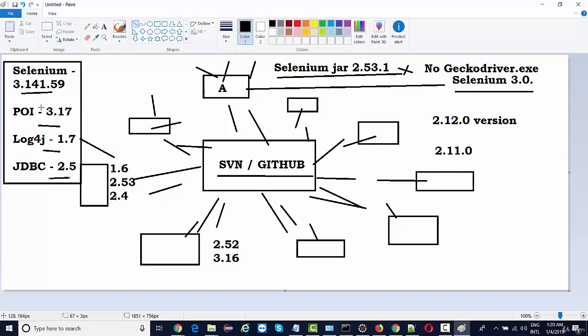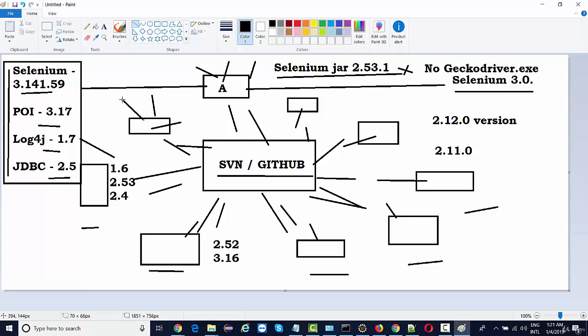They'll Google around for all the latest versions of jars, and sync their project as per these jar files, because tester A is using all the latest jars. Now, if we want to get the updated code working, we need to search for all these jar files and update all our projects with them. Everyone in the team has to do this because this is a manual process, so it will be a time consuming process as well.